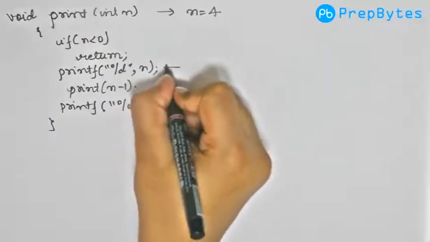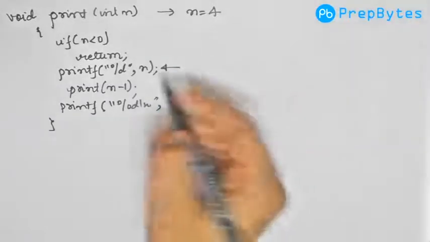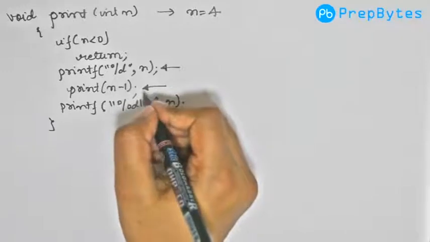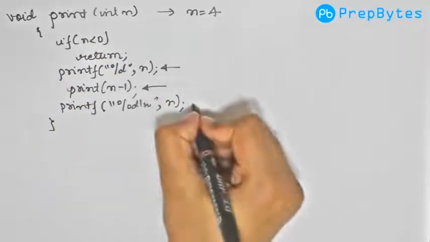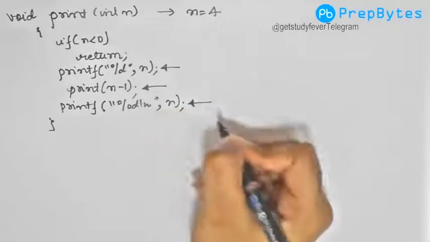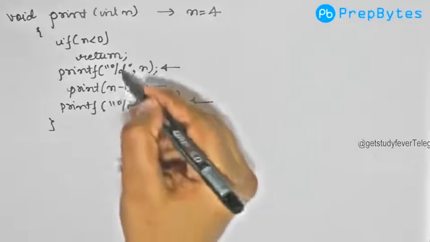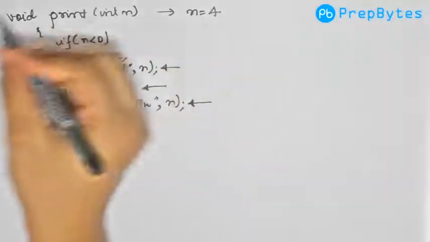So the first statement is this: you have to print the value of n. Next, this is a recursive call. We are again calling this function with parameter n minus 1. Then again, after this recursive call, we have to print n. So these are the two printf statements, and you have to tell me what will be the output of this